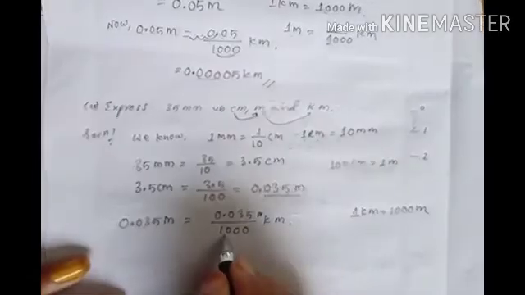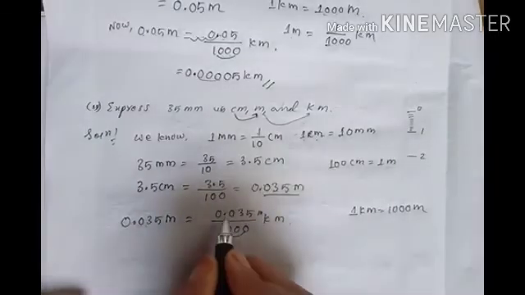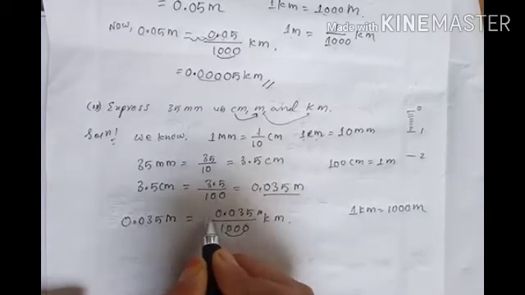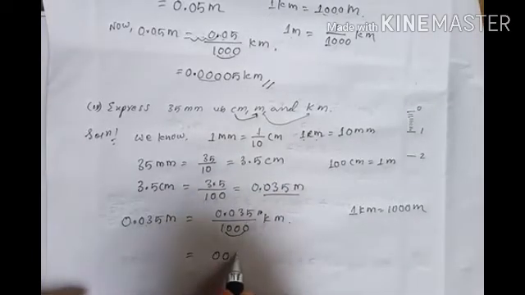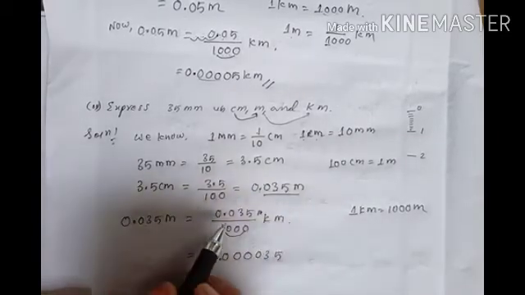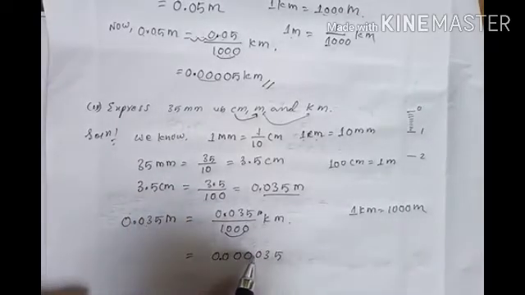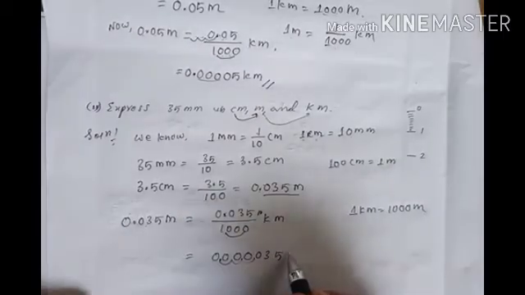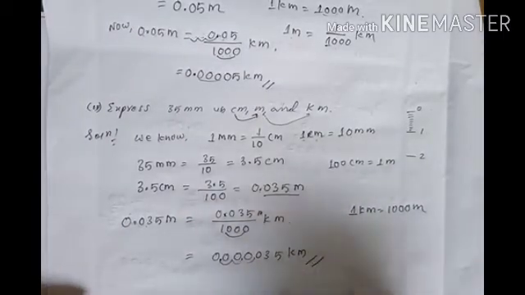Now how many zeros here? 3 zeros. So before this decimal you will add 3 digits, then the decimal will be there, then you will write this number 035. So the decimal was here, isn't it? The decimal was here, so it went towards the left how many times? 1, 2, 3. Okay, it will go according to this 0. This decimal will shift toward the left. Now this has become kilometer. So this is your answer.